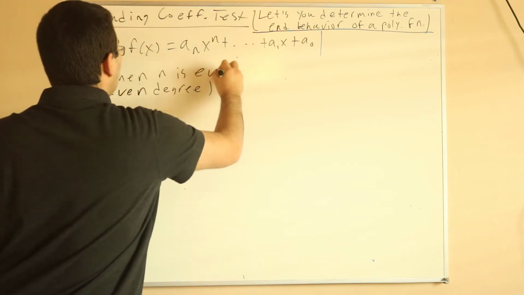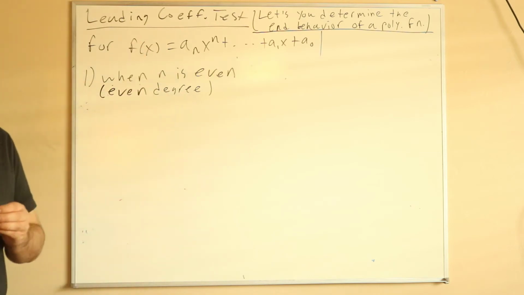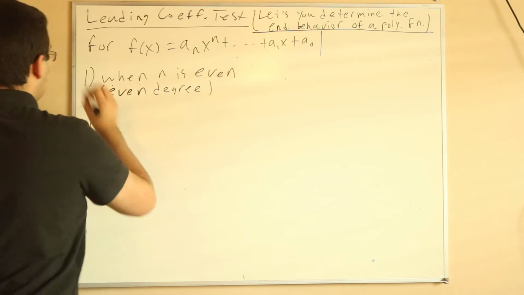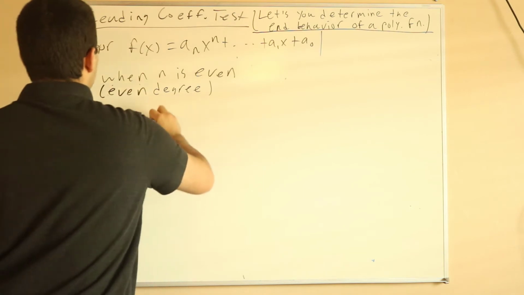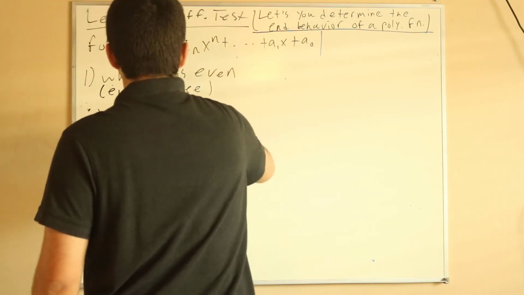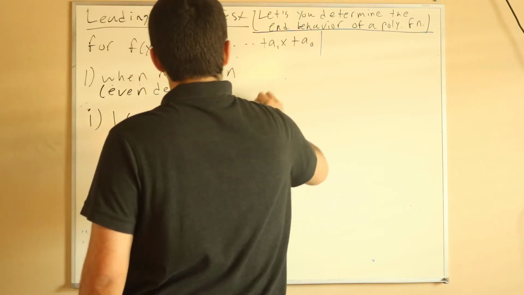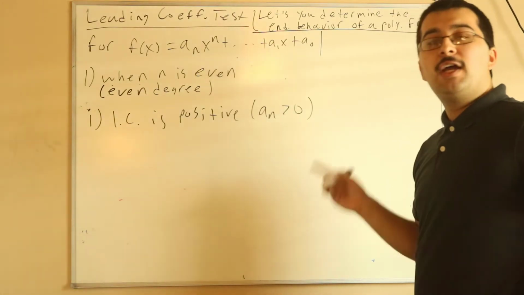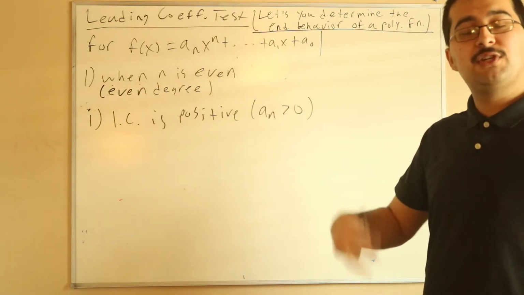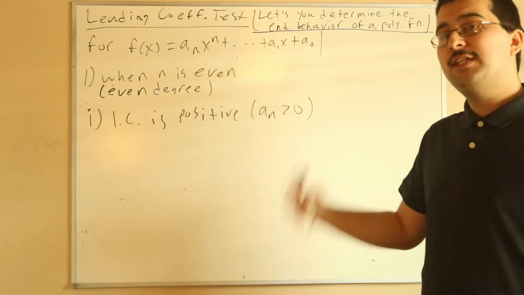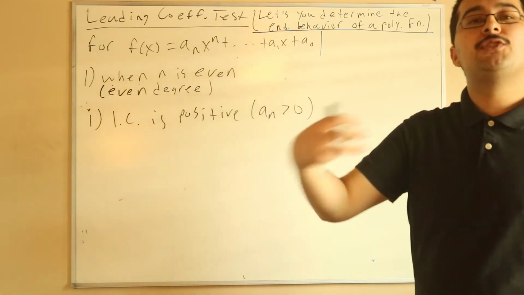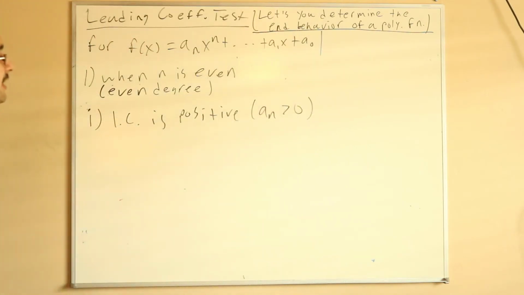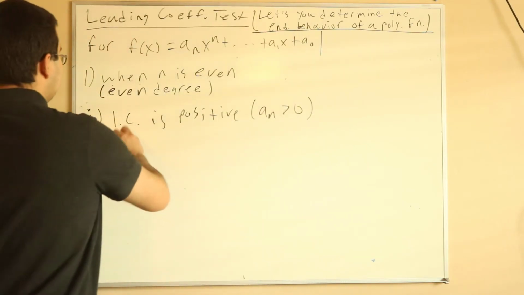So what happens when n is even, or you have an even degree polynomial? Well, still the same two types of subcases. Your first subcase is when your leading coefficient is positive, so a sub n is greater than 0. The condition on the subcases won't change. The two subcases are still when the leading coefficient is positive and when the leading coefficient is negative, but the behavior that is described will be changed. So for our first subcase with the positive leading coefficient, we get the result that the left-hand side